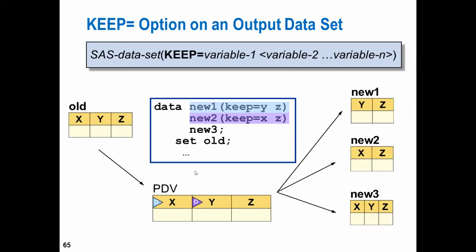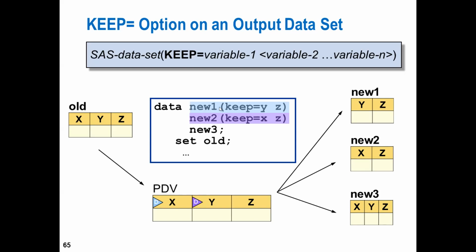It's equivalent to keep. So either you write drop equal to or keep equal to. With drop equal to, you wrote one variable earlier, X. If you write keep equal to, it will by default drop X. So whether you write keep equal to YZ or keep equal to XZ, it's ultimately going to flag drop for those variables which are not going to be written to output. It won't flag K or keep. It will always flag D for a variable which is not to be written to output.